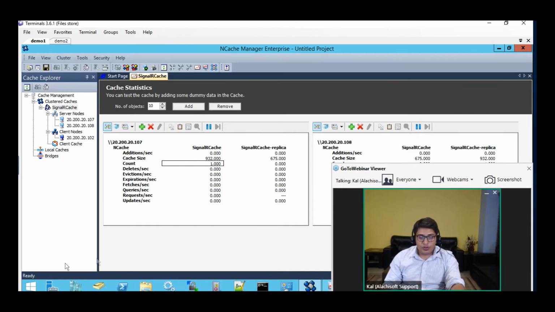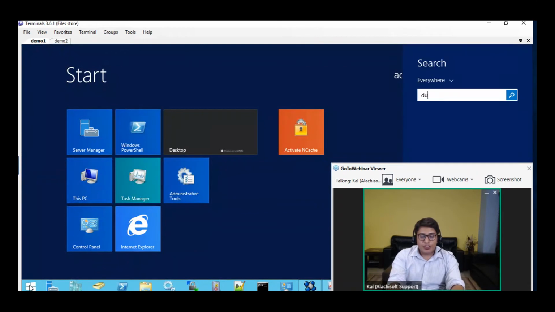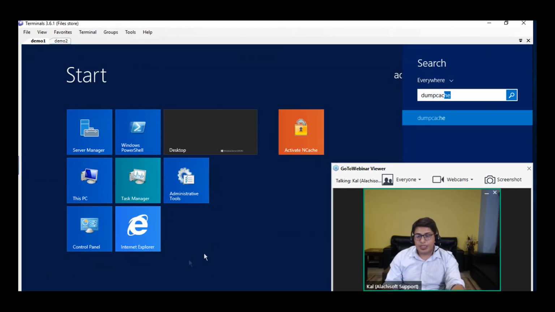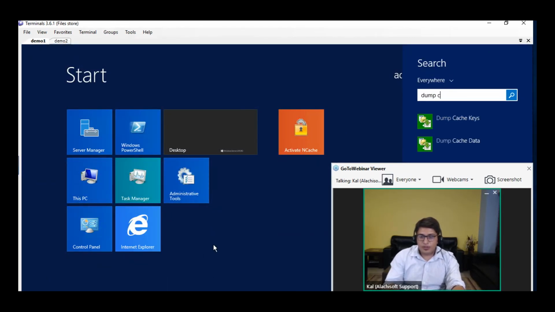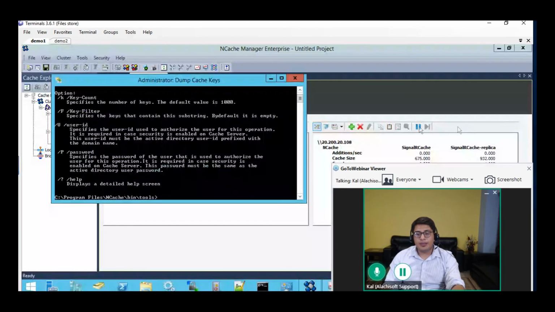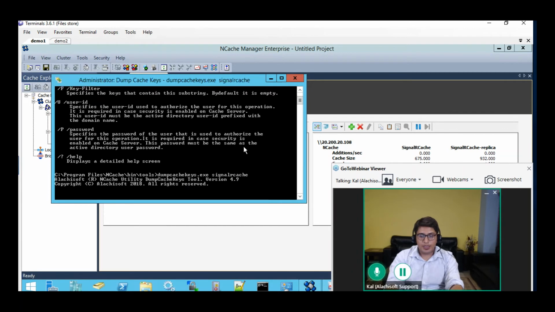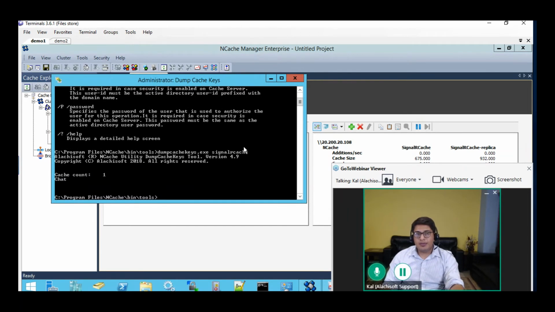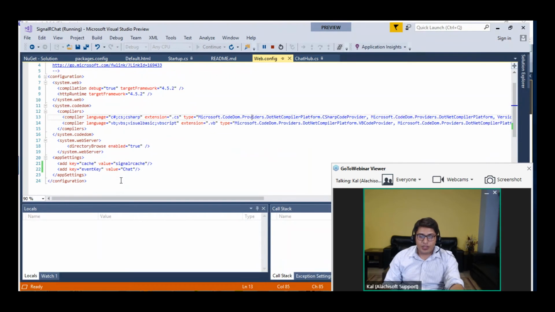So if we use a tool within NCache which goes by the name dump cache keys, it's going to dump the keys that are present within the cache. I just want to quickly show you, and we give it the name SignalR cache and hit enter. It's going to pull up all the items that are present within the cache. At this point there is only one, and we can see there's an item placed here with the name chat, and this string value is the exact same one